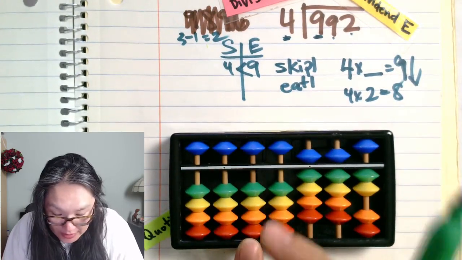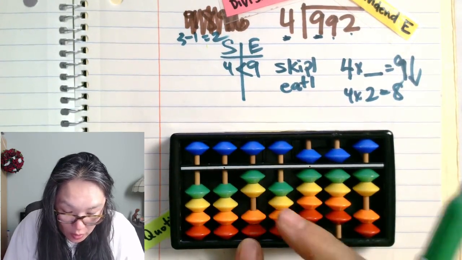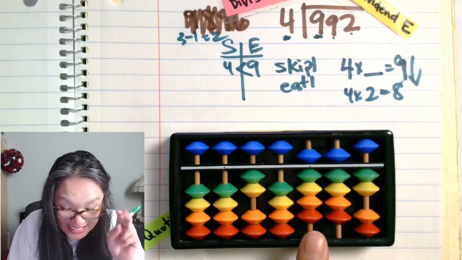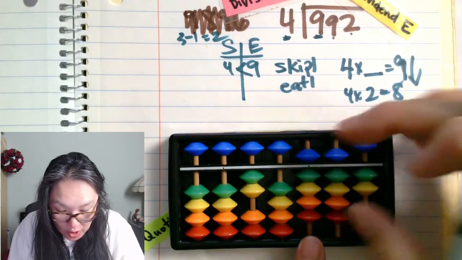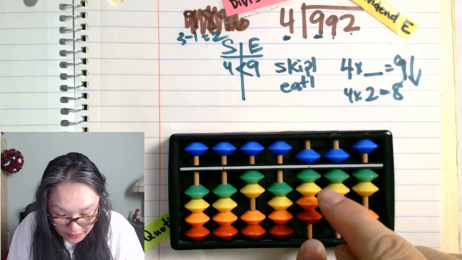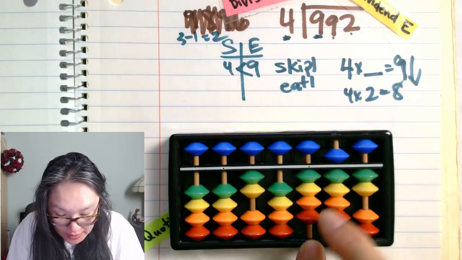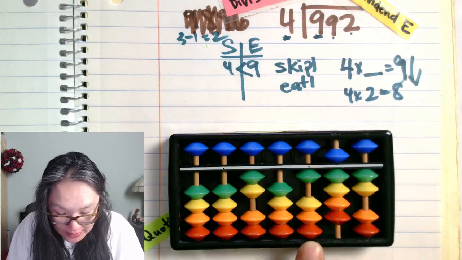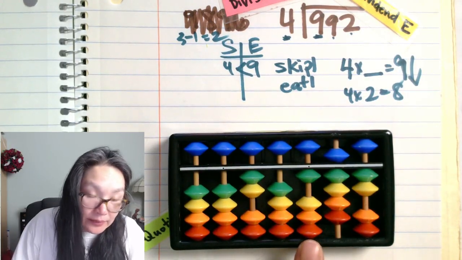So what I do is I put my 2 here and I go here, right? It says eat one column. This is the one column I'm eating. This is the one column I'm subtracting. I'm going to take away 8. Do I have enough? Yes. I'm going to take away 5, take away 6, 7, 8. Now what? Well,